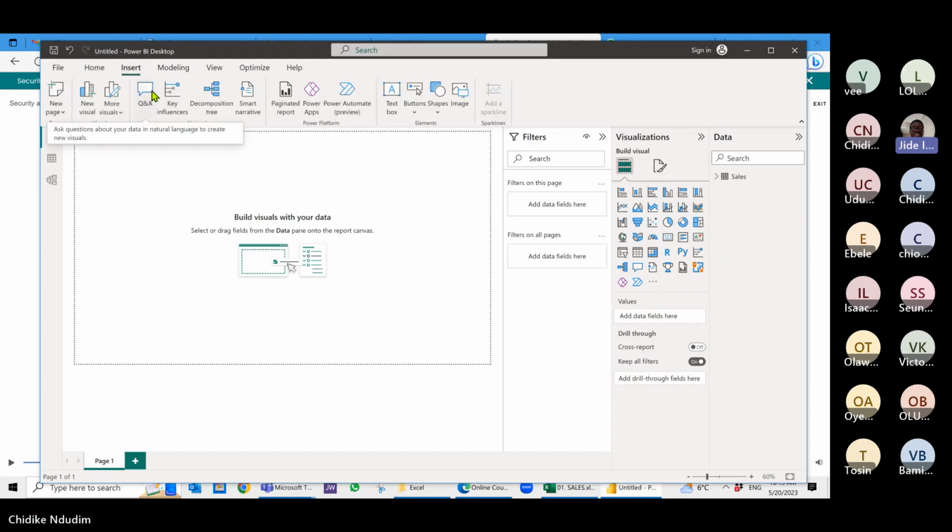So, Chibike, please, what do you need me to do? Just talk to me, then I will understand. How do I add additional features? You want everything on my own screen to be on your own? Yeah, how do I add those additional features on the home screen? Where do I get them? When you say, for instance, if you are working on an Excel and you want to add some data buttons like